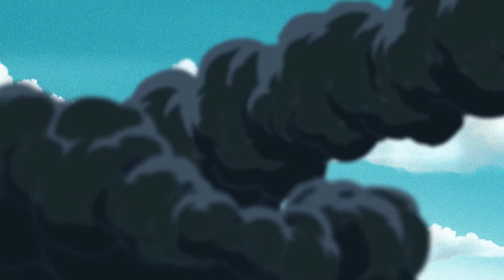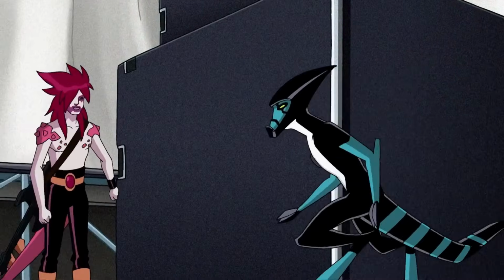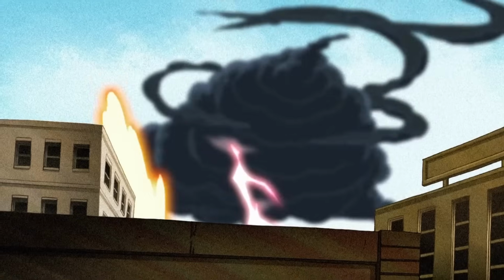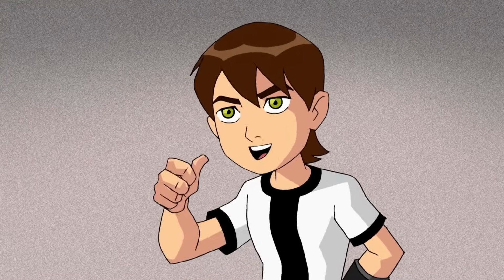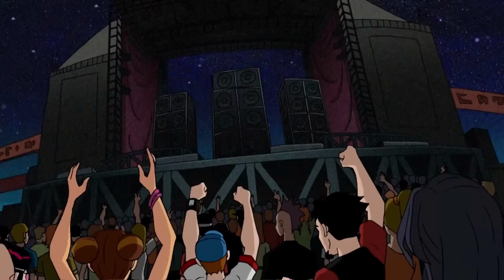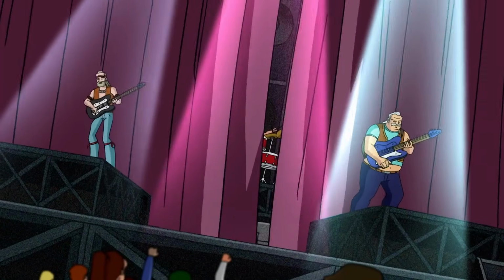As SAM causes further havoc, Ben transforms into XLR-8 and saves festival goers from lightning strikes. XLR-8 battles the cloud monster created by SAM and eventually defeats it with the help of salt trucks. Despite Ben's desire to attend the sumo convention, Max redirects them back to the festival where the shag carpeting concert